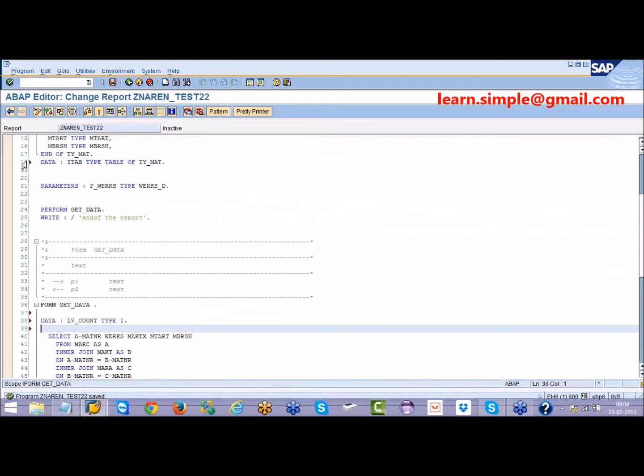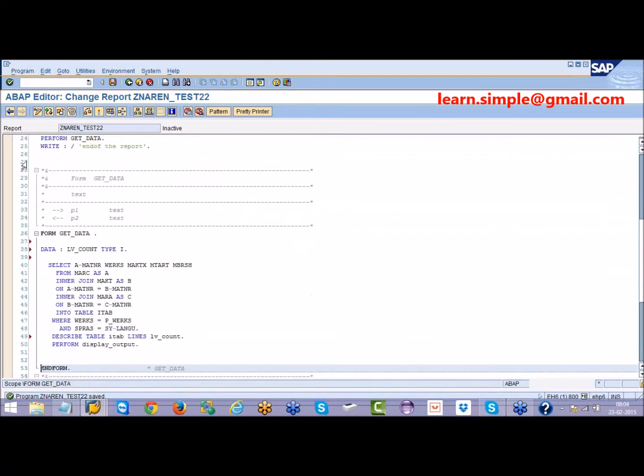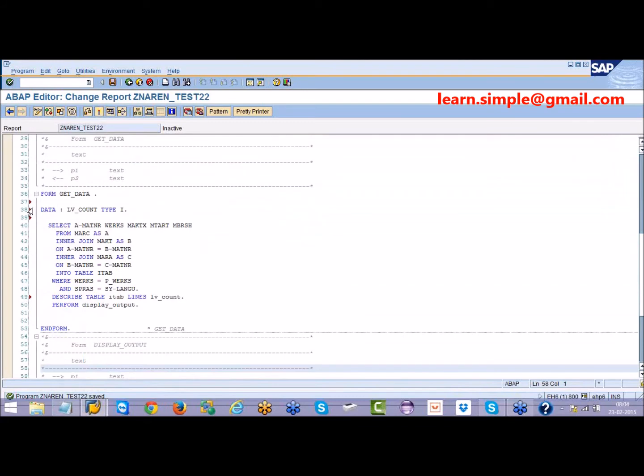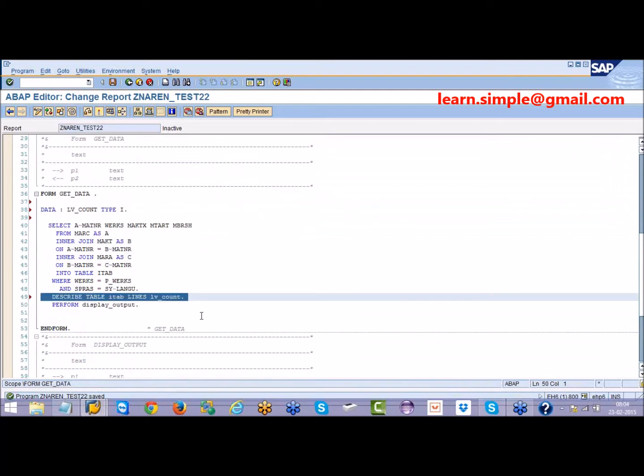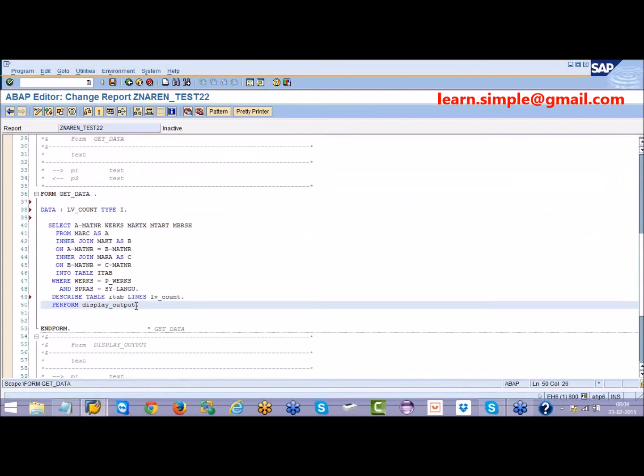Assume I have a variable in my FORM get_data. So now this variable lv_count is a local variable. In line number 49, I will get some records into this lv_count. Now I want to pass that value to PERFORM display_output.